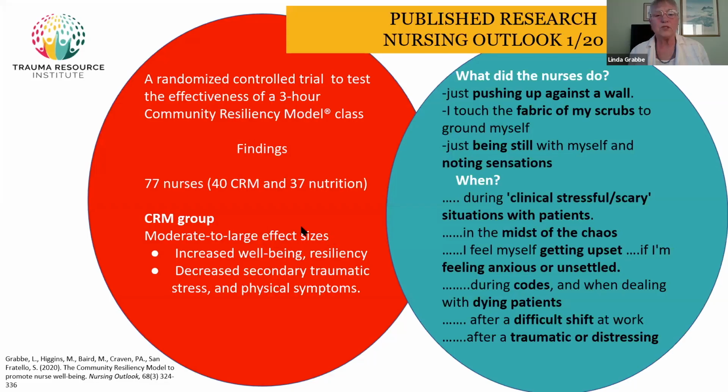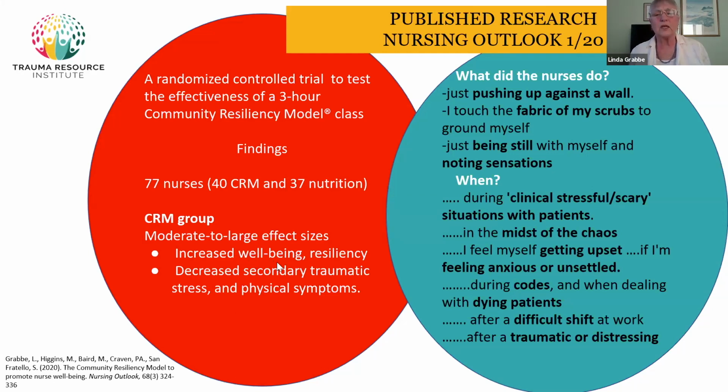Research is new because this is a new model. We did the first randomized controlled trial here at Emory University. It was with nurses who were divided up into either CRIM or nutrition groups. They didn't know what they were getting. And the CRIM group demonstrated